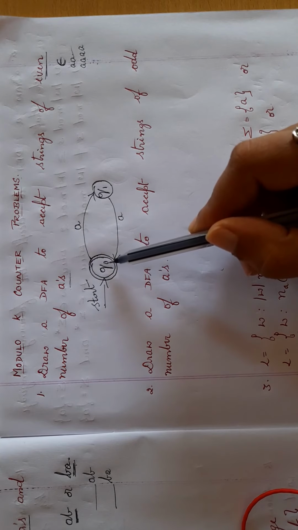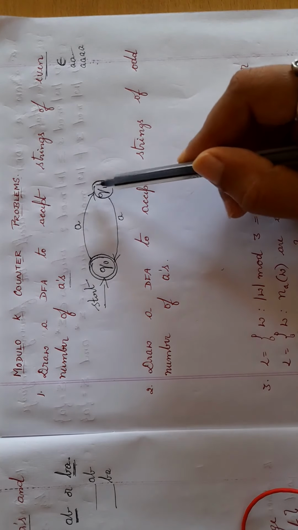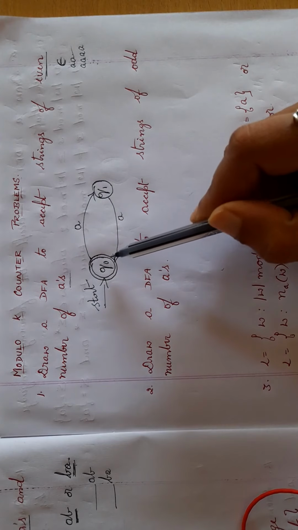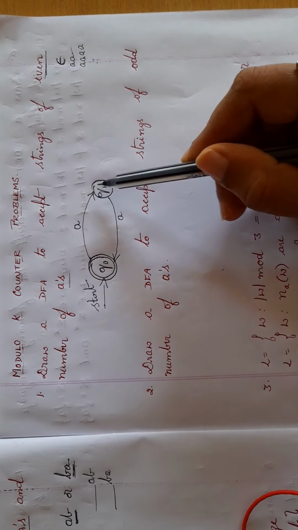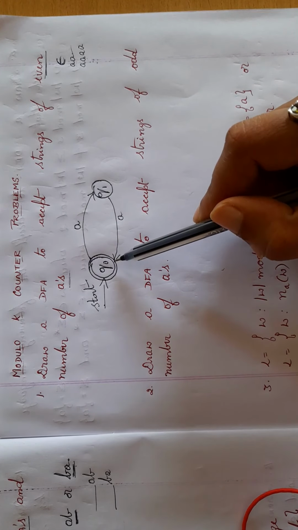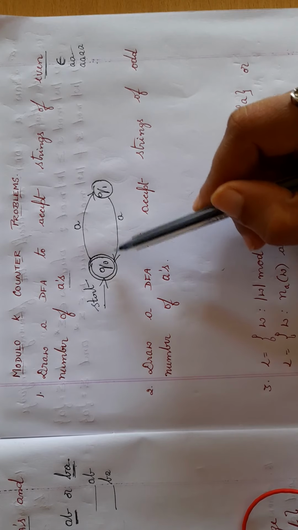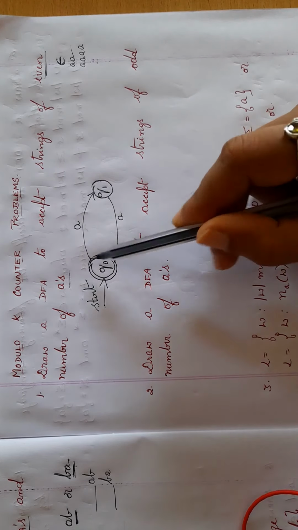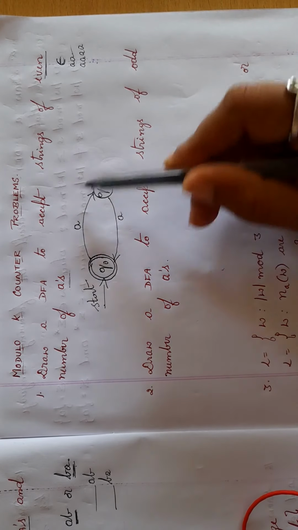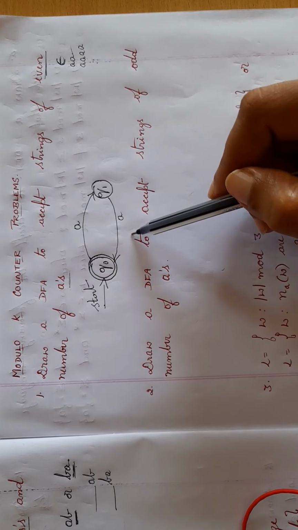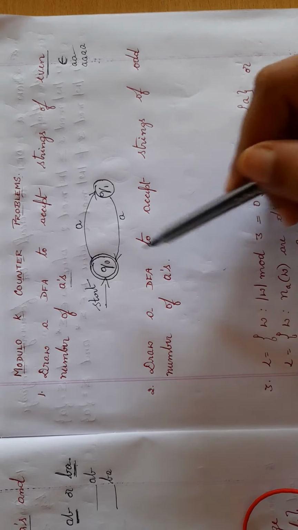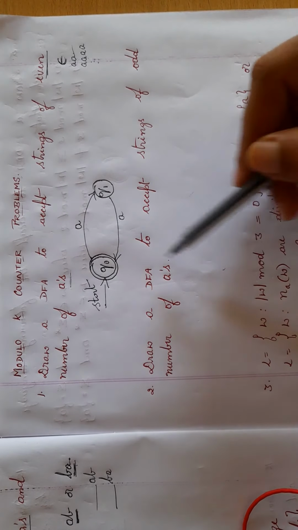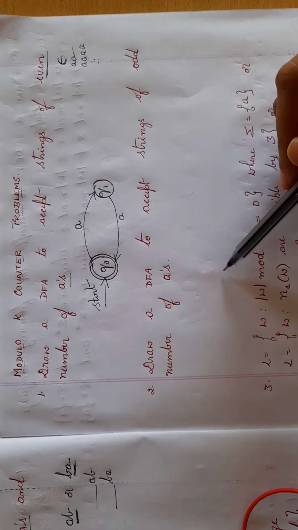Next 4 A's. So we shall consider 1A, 2A, 3A, and then 4A. So 4 A's are done. Next, if I go on like this, next rotation it will be 6, next it will be 8. So it will run for even number of times. Now, how to write it for odd number of A's? For odd number of A's, the transition will remain the same.